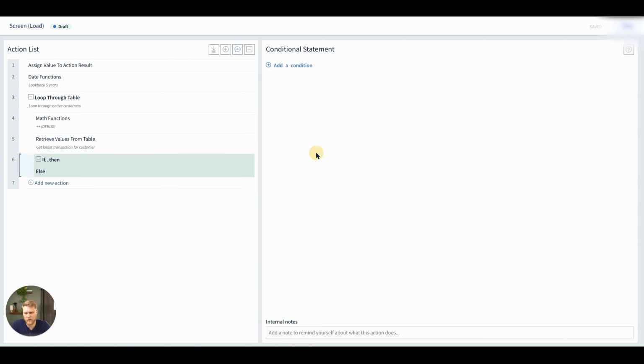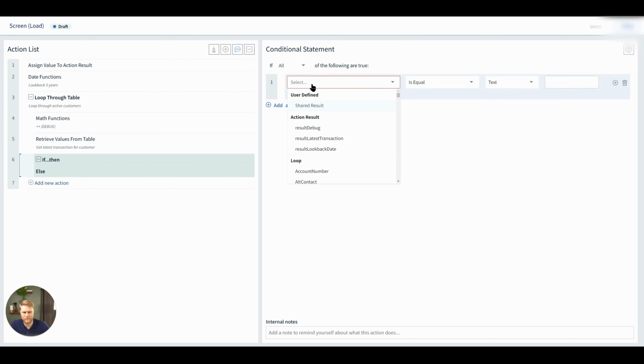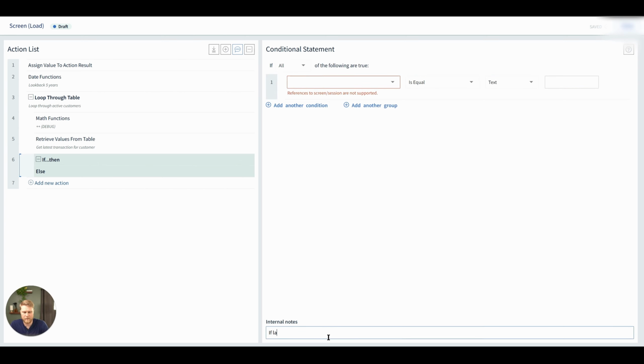We can then do a conditional to see if it is older or newer than that. This is probably going to take a lot of looping time because it's got to find it for like 700 individual entities. So this might not be a better way to do this, but honestly, this should be probably fine. So we're going to say if latest, and sometimes when you're doing this, you might want to type the note first, especially with conditionals if you're not quite sure what you're doing. So if latest